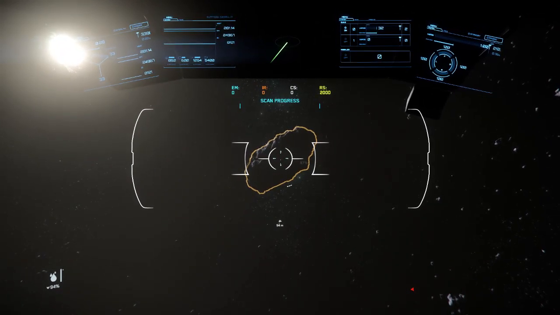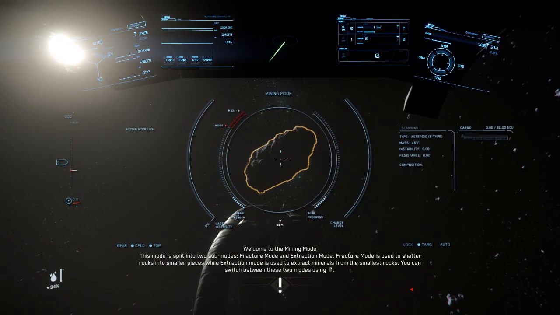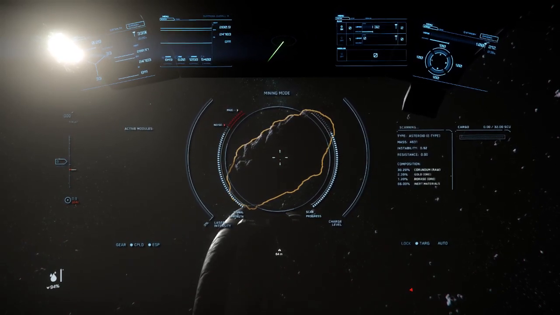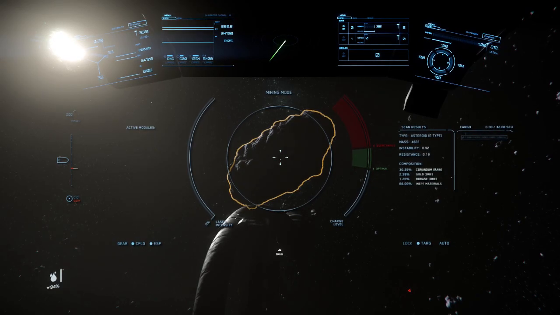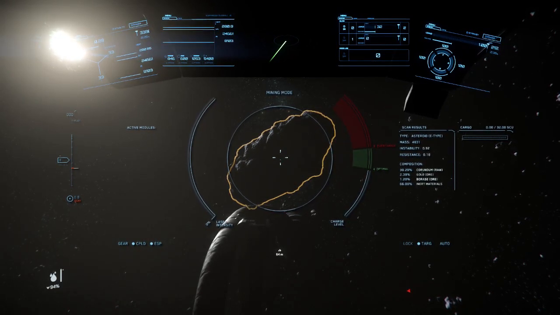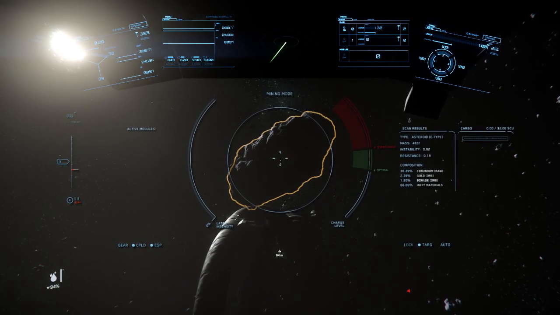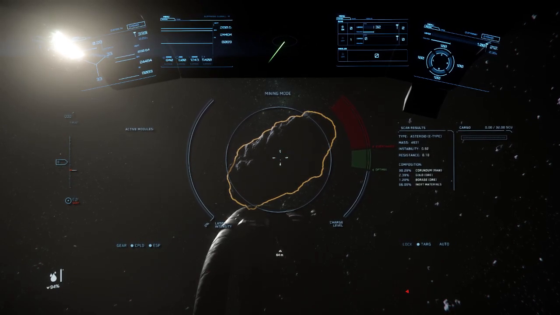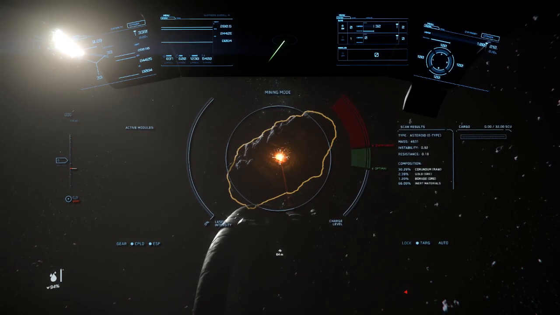We hit M. Go into mining mode. Now you see there, it's telling us it's got corundum, gold, but it's 66% inert and 30% corundum. I don't know that that's a valuable thing to mine. I don't have a list in front of me of what the valuable stuff is, but you know what? Because I'm not going to stream forever in one session, I want to go ahead and do some mining. So let's